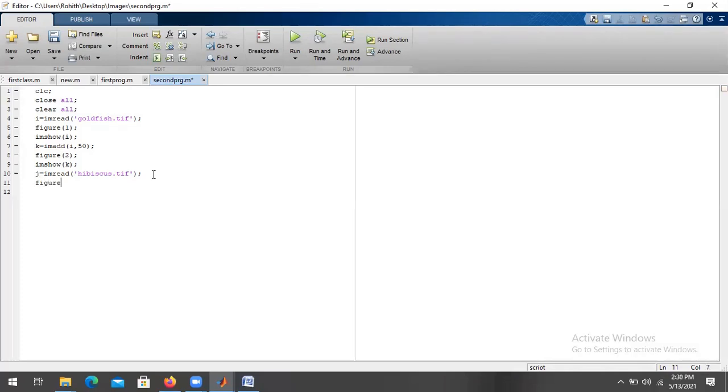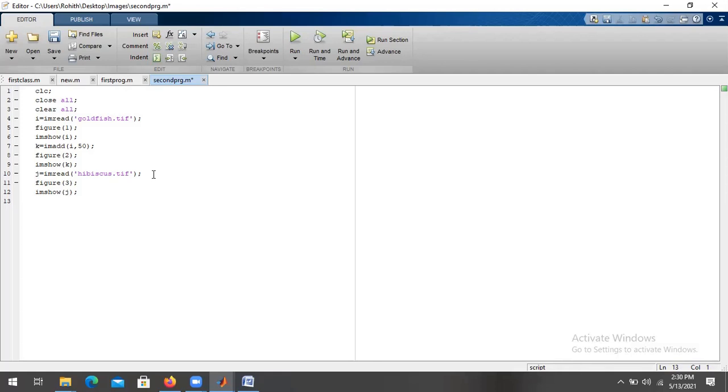Here you can go with subplot also. After showing this output, I'll show this in figure 3. I'll be showing imshow of J, meaning the flower.